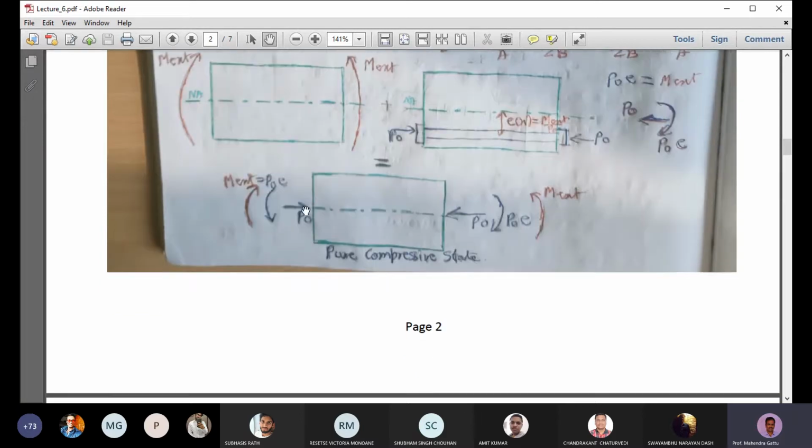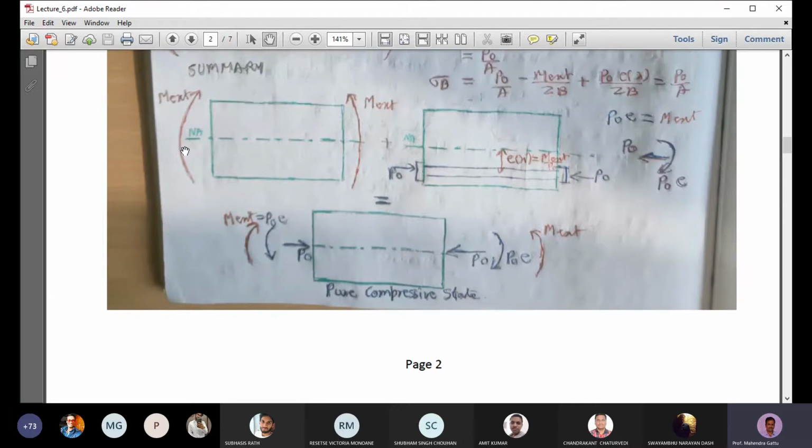So what will happen here is we can transfer this force here to the neutral axis. So that will be the compressive force at the neutral axis. Then there is a couple acting here, P naught E. So that couple is shown here, P naught E and P naught E, and that will produce a hogging moment. And on top of it, we have the external load, M external here and M external here. That will produce a sagging moment. So the net effect will be, since M external and P naught E are equal, these two will cancel out, and also here these two will cancel out. We are left with only compression load acting along the neutral axis, and this will result in pure compression. So we can neglect these two circular arrow moments, and we are left with a state of pure compression.